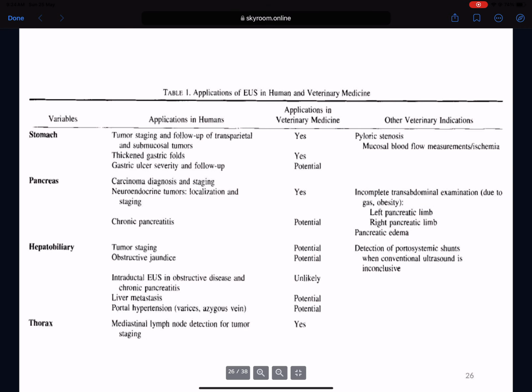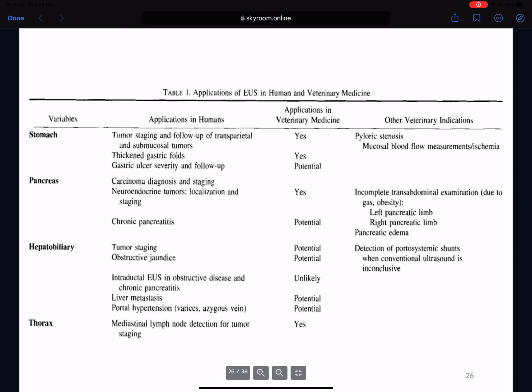also, in this table, I showed some applications of ultrasound in veterinary. You know that, as I told you yesterday, for the first time ultrasound was introduced in veterinary, and after that people used it for humans also. The most important application of endoscopic ultrasound for the stomach is tumor staging. This is very important. It's for follow-up after radiation therapy, after chemotherapy, and also for identifying gastric or pancreatic tumors, which is very important for diagnosis and staging